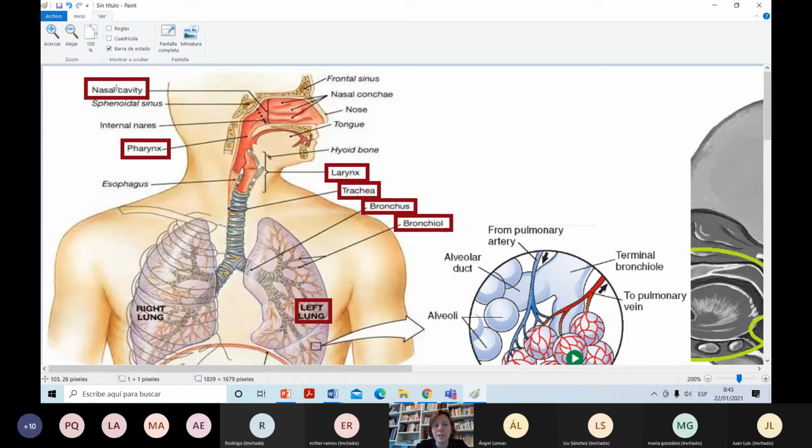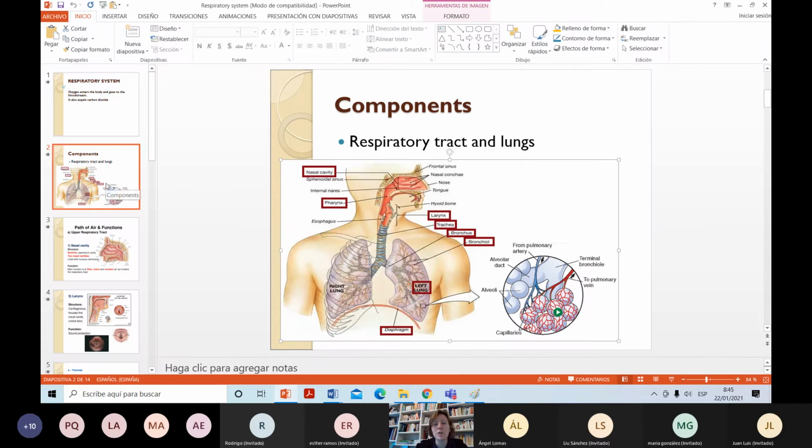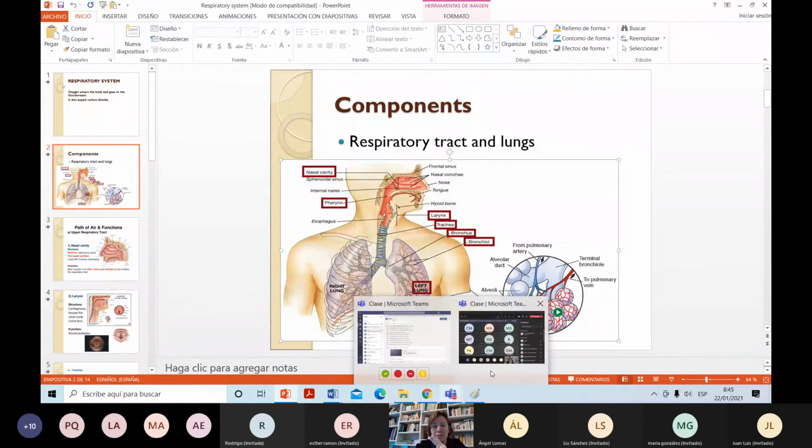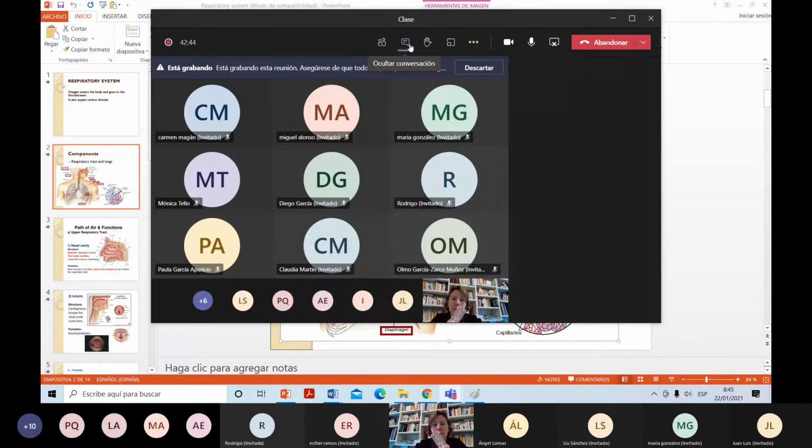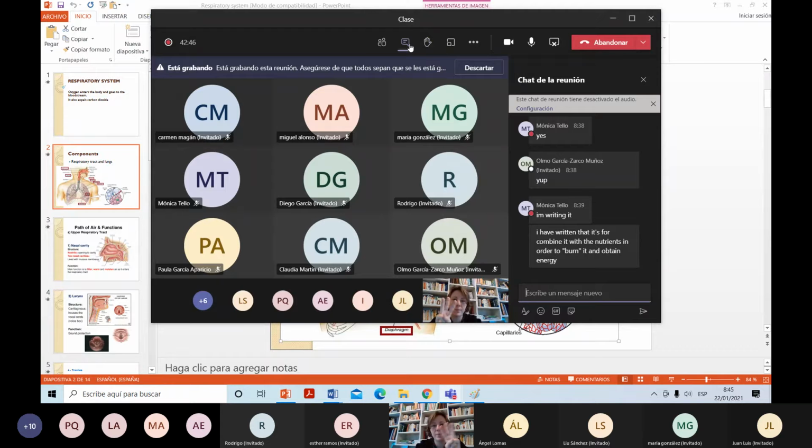Okay, so I want everybody to write down in the exam that the first stage is not the nose itself, but is the nasal cavity. Probably you don't see a big difference, but there is a difference. What is going to happen in the nose, in the nasal cavity? Three important things. Who is going to tell me these three processes, either using the chat or the microphone? Three important things that happen in this nasal cavity.